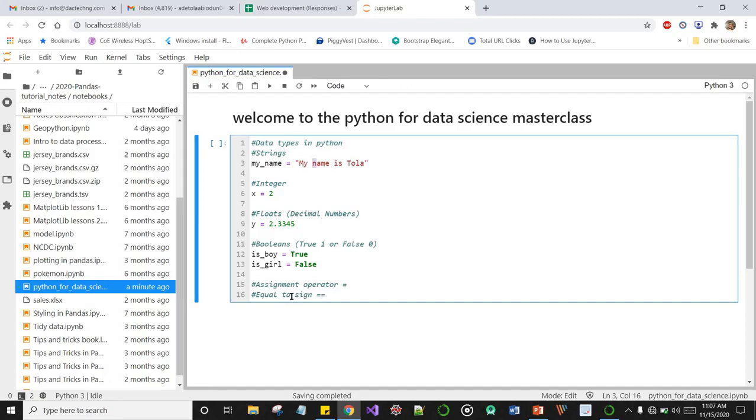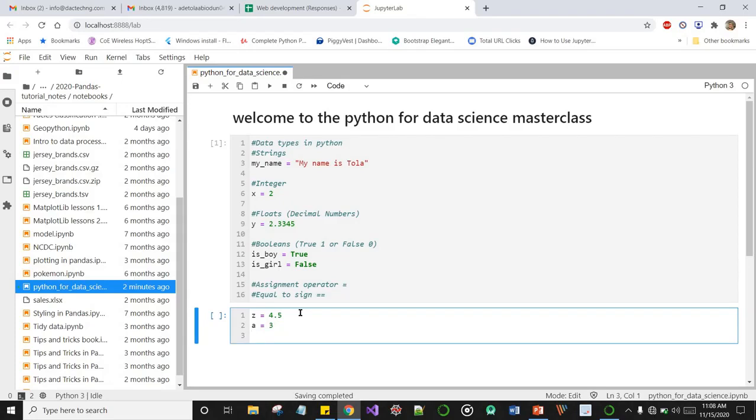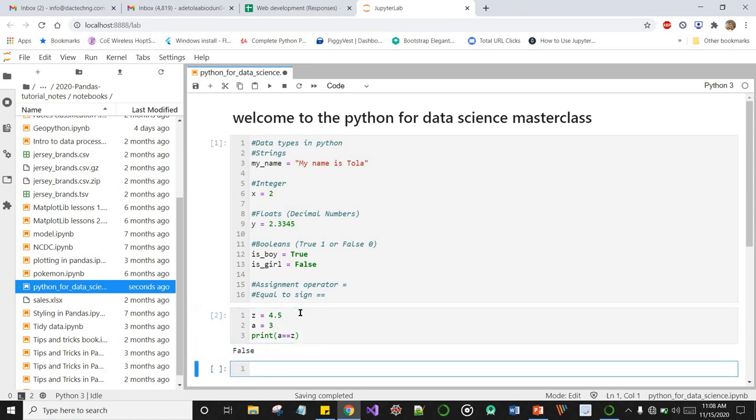So to show you the difference between an assignment operator and trying to compare two values, let's go to this next cell and say z equals to maybe 4.5, okay, and let's say a equals to 3, and let us check for equality and say print a equals equals to z, and I press shift enter.